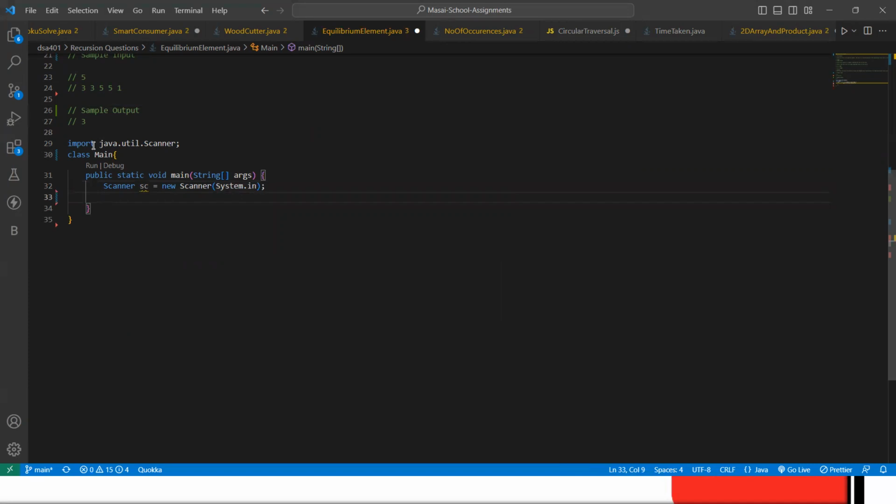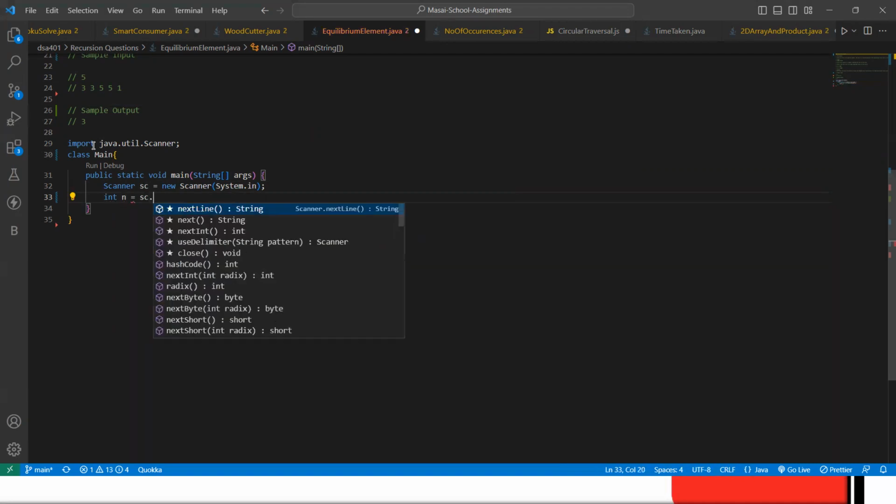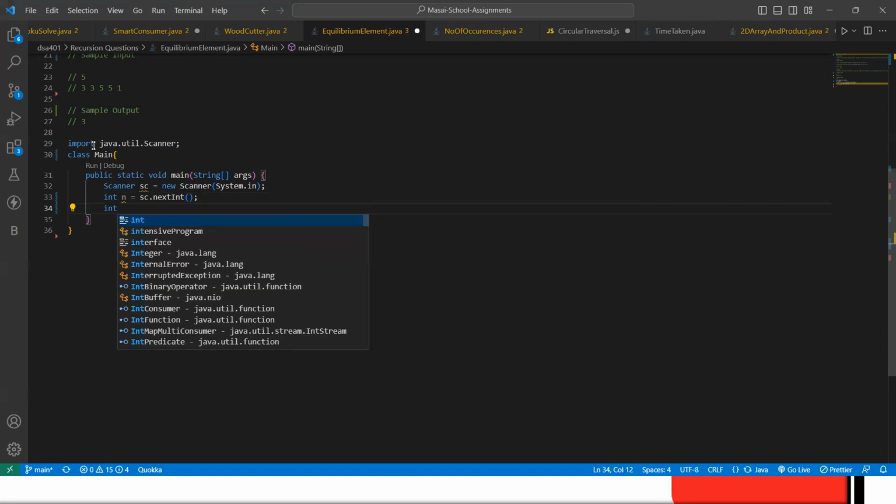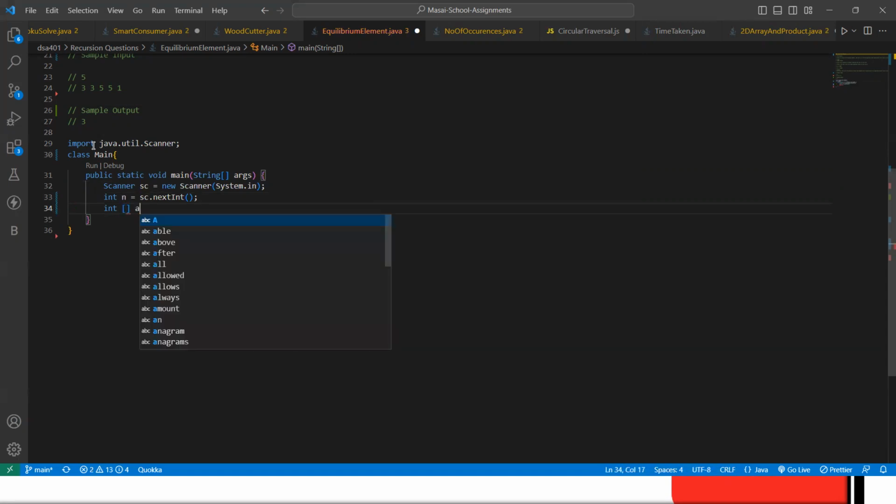After that, guys, we simply write int n is equal to sc.nextInt(). So in n we are storing the number of elements that are present in this array. After that, we are creating an array of integer type, and this is our array.